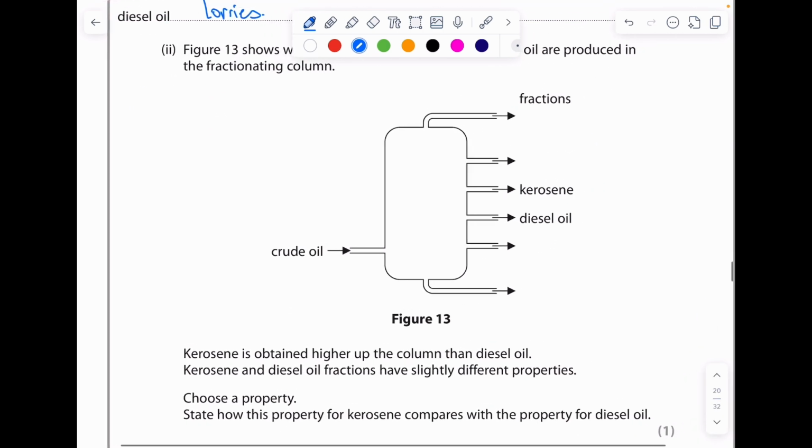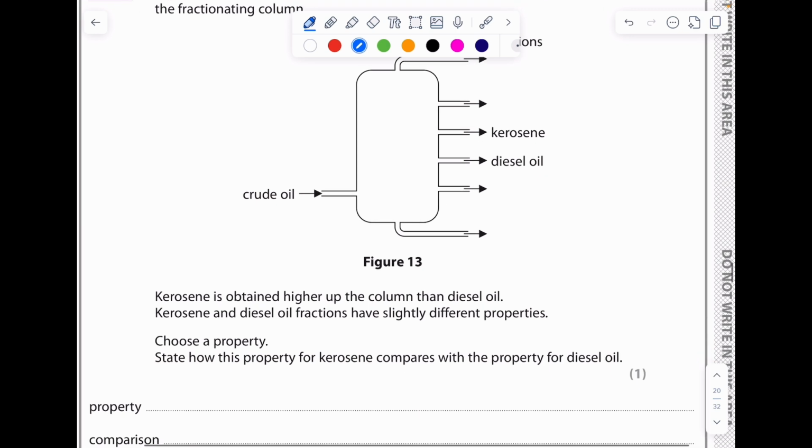So here we've got our fractions. It says choose a property, state how the property of kerosene compares with the property for diesel. Kerosene and diesel have slightly different boiling points, so we have to therefore explain. So if we pick